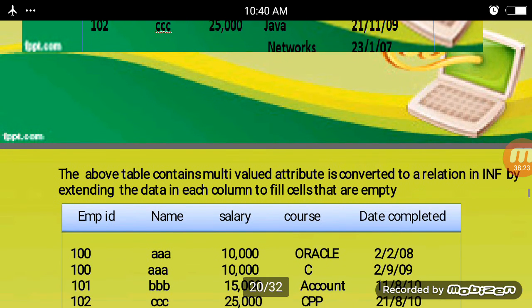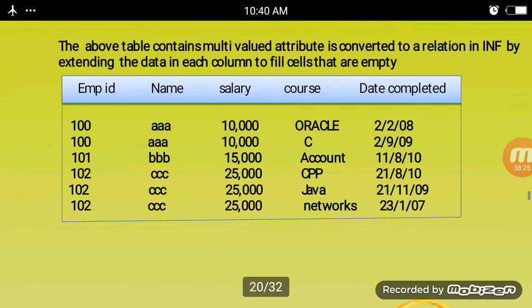This shows first normal form. The above table contains multi-valued attributes, and it is converted to a relation in first normal form by extending the data in each column to fill cells that are empty. In this table, compared to the table above, the above table has multi-valued attributes.